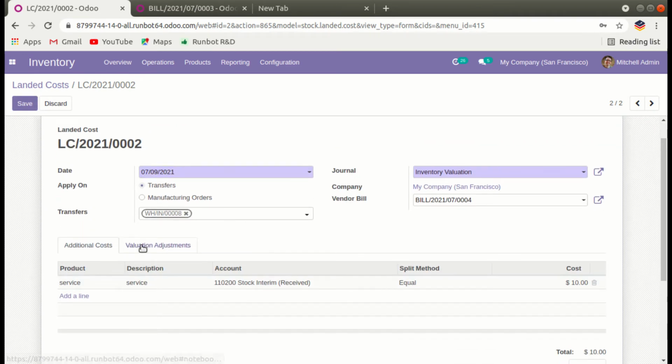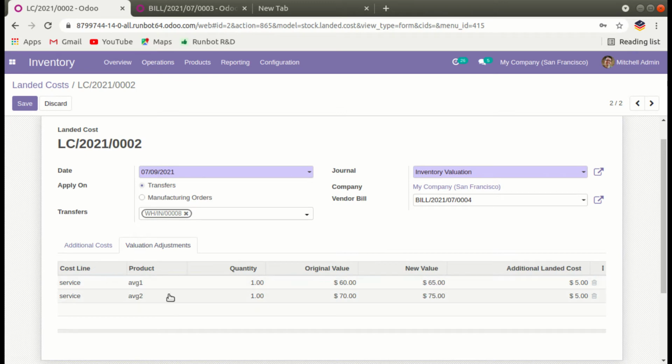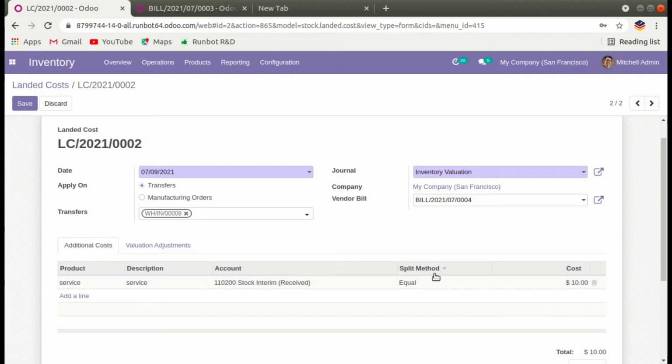And under the valuation adjustment, you can see our two products and the new values set as 65 and 75, and additional landed cost set as 5, because we set our split method as equal. From here you can also change your split method to by quantity or by cost.